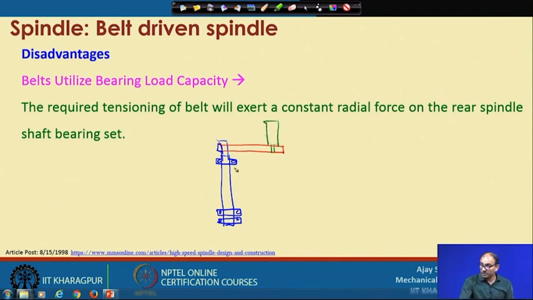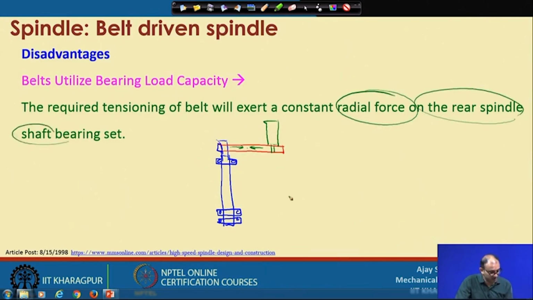First, we have to make sure there is no loosening of this particular belt. For doing that, we have to stretch this belt correctly, so it is continuously loaded. When it is loaded, what is going to happen? There is a radial load on the rear spindle shaft bearing. So, this is the rear spindle shaft bearing. When you are tightening in this direction, these particular bearings will get the radial loading. So, when you are getting the required tensioning,